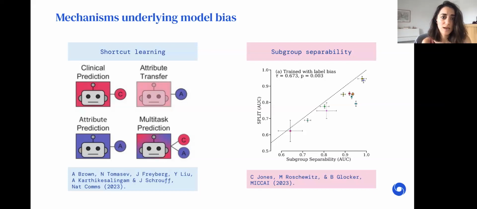And what they showed was that performance and fairness of models trained on biased data, with bias with respect to, let's say, one subgroup that has lower performance compared to a more prevalent group, depends on subgroup separability. When separability is high, then models learn to exploit the sensitive information and the bias is reflected by strong subgroup differences. But when separability is low, then models cannot exploit sensitive information. So subgroups will perform more similarly.